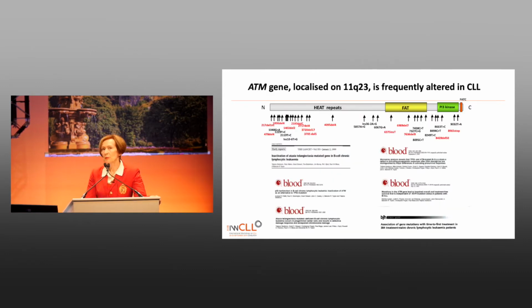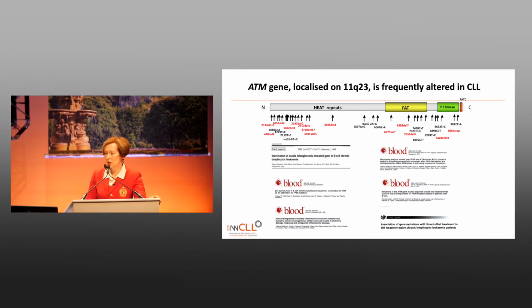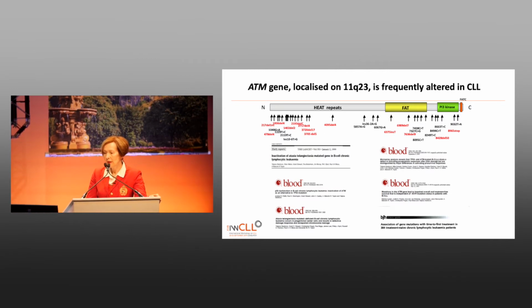So we know that the ATM gene is localized on chromosome 11q23, which is frequently altered in chronic lymphocytic leukemia, both by virtue of deletion of this region, but also a number of mutations that can occur in this very large gene. And over the years, we've shown that these mutations can be both sporadic and acquired in patient germline, that they can serve as an alternative to p53 mutation and inactivation, and that importantly they have phenotypic features such as accumulation